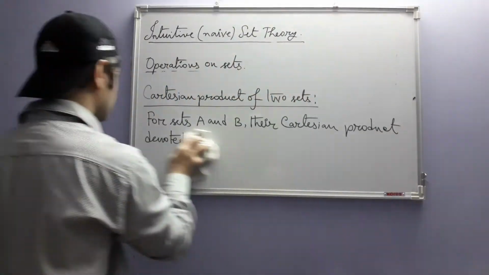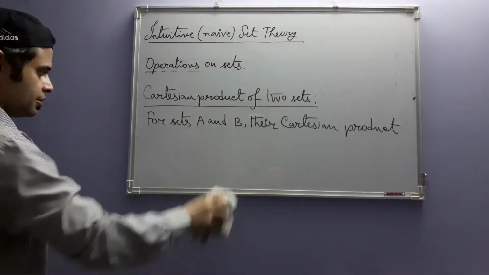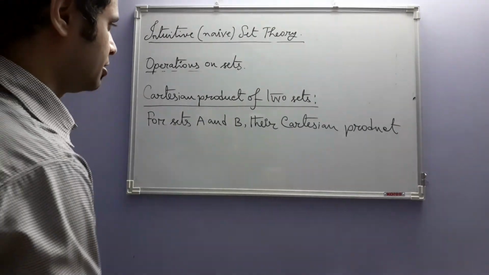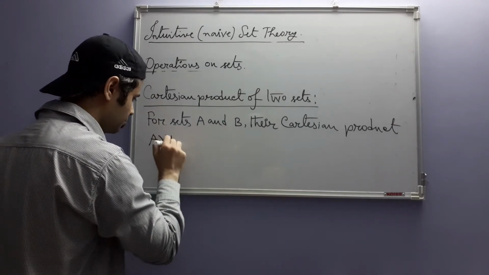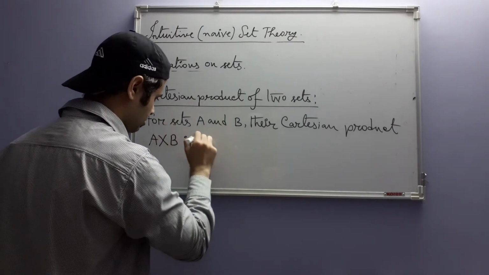Actually this also, like difference of two sets, this also is not commutative and depends on the order. Their Cartesian product A cross B is